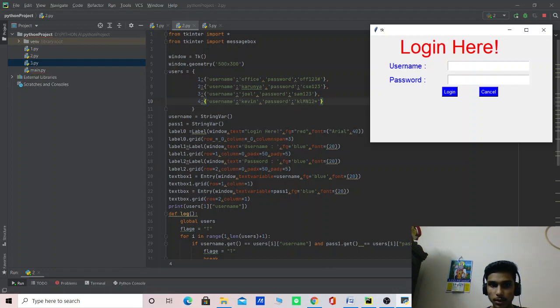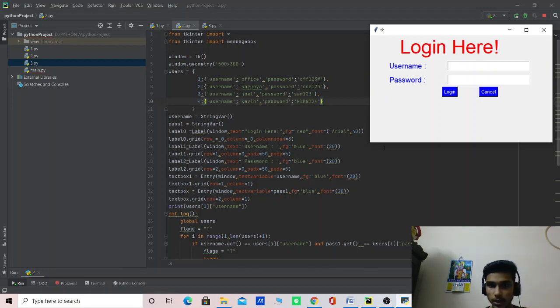Now we are using label 2 for password, in blue color, the same as for username, font size 20, and a grid function is used to place it in the correct position.